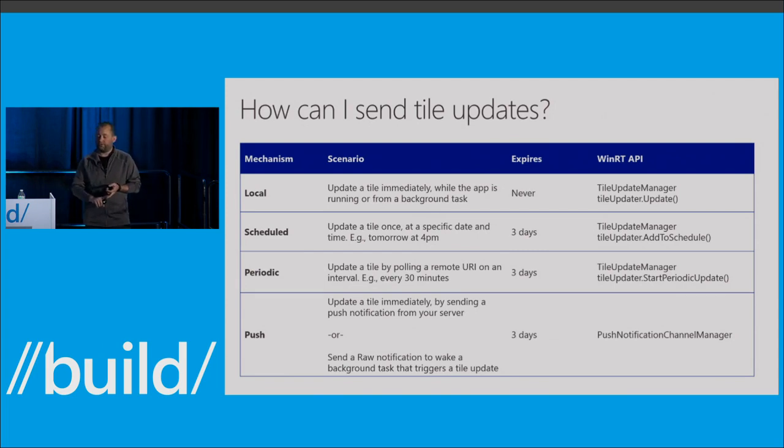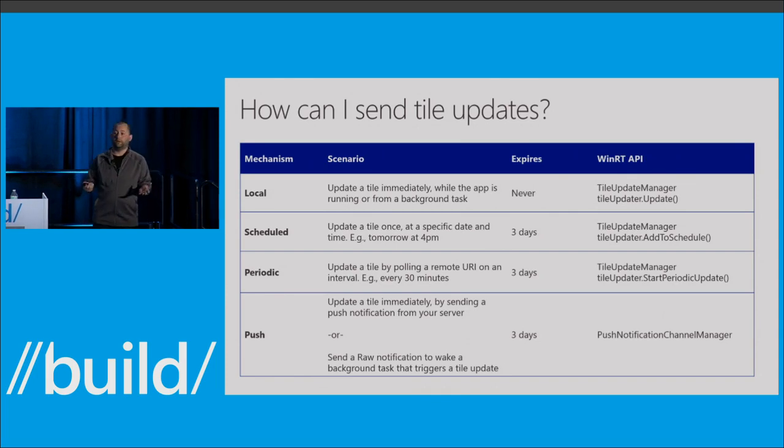There's also raw notifications. So we're going to talk a lot about tiles and toasts today, but a raw push notification is a really powerful thing available on the platform that lets you send basically down a shoulder tap to wake up your background task, and then you can do whatever you want. We actually see a lot of apps moving to a model where instead of sending a tile or toast notification specifically to the push server, they send a raw, wake up their background task, and then do something from that background task to update their tile or to pop a toast. And it seems to be a pretty powerful model because you have a lot of local client state that you can use in those scenarios to give the most relevant notification to the user.